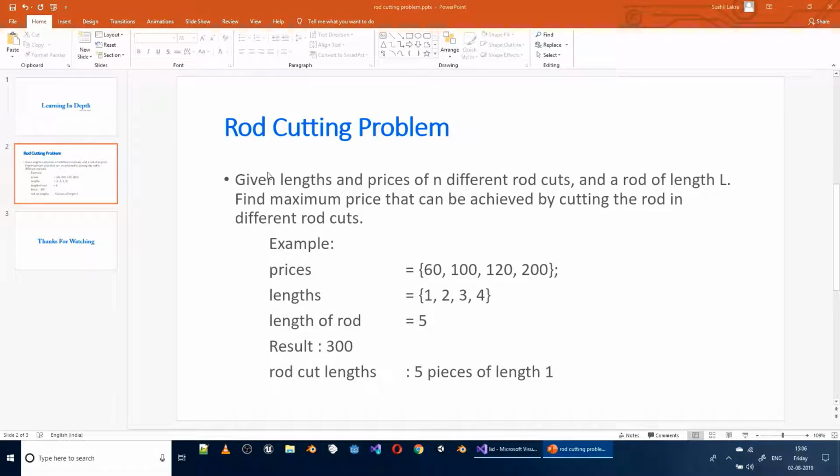Hey guys, let's have a look at the rod cutting problem. Given the length and prices of n different rod cuts and a rod of length L, find the maximum price that can be achieved by cutting the rod into different rod cuts. For example, if we are given prices and lengths of different sizes of the rod cuts and the length of rod is 5,